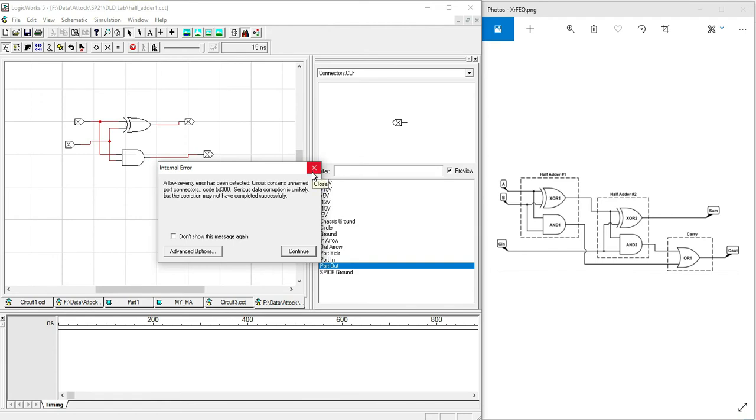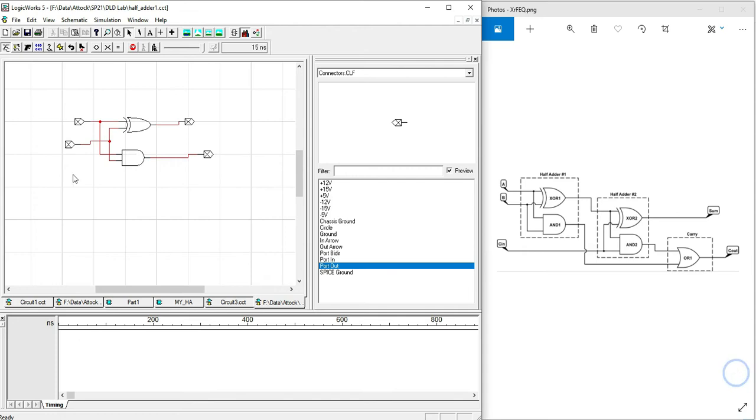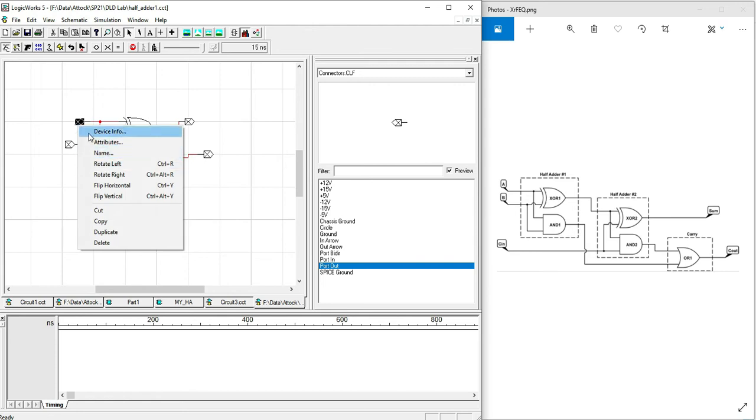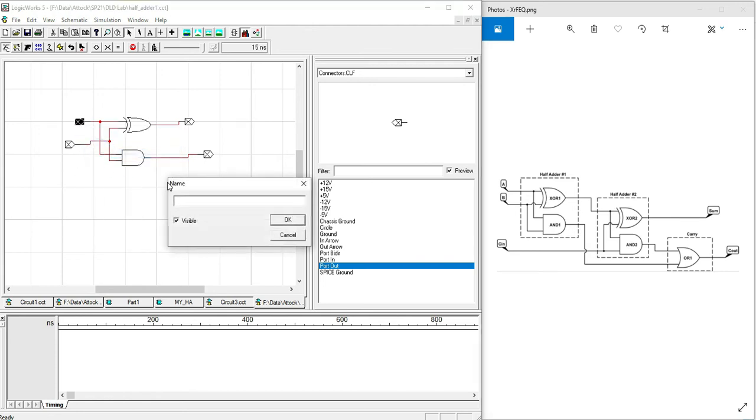When we save this, we get an internal error which says that the circuit contains unnamed port connections. So we need to give the name of each port in and port out. Right click on the port and give it a name.